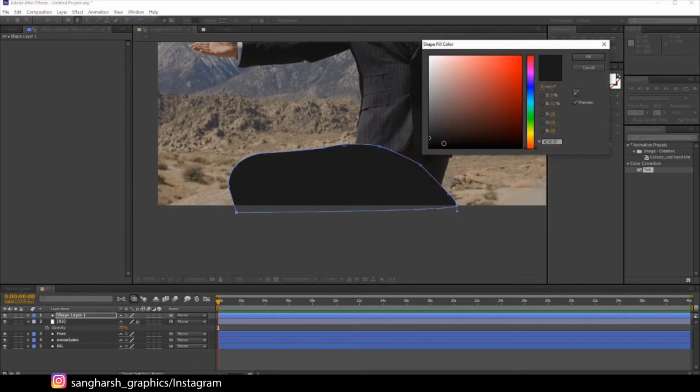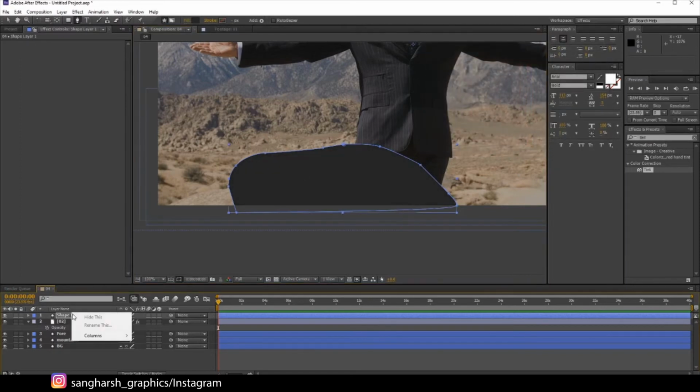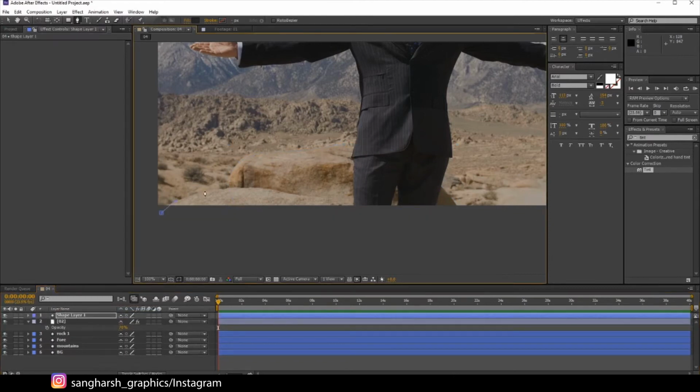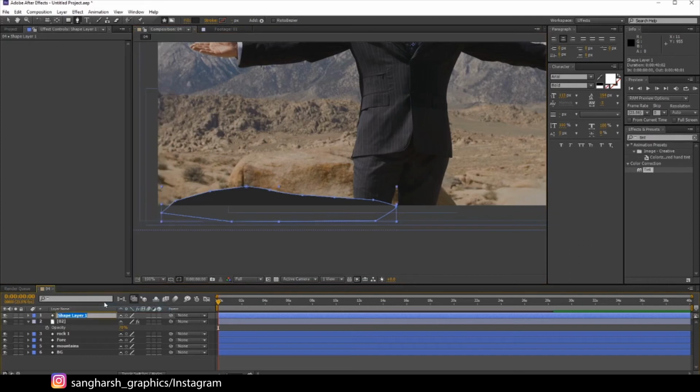Okay, let's make it a little bit brighter. Rename it as rock 1 and drag it below. Deselect all the layers. Now make another mask here like this, rename it to rock 2, drag it below.